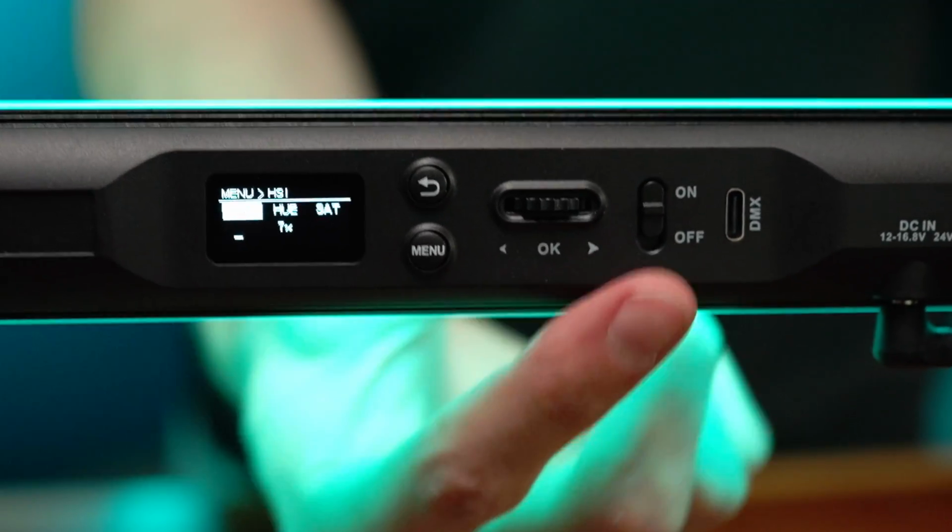There's just a couple things I'd want to be aware of if I was buying these and intending to use them in a professional environment. These do have DMX capability, but it's via USB-C. You need an external USB-C DMX adapter. It does not come with one, though it is DMX capable. It does not have Lumen Radio built in, and it really doesn't come with a whole lot of grip and